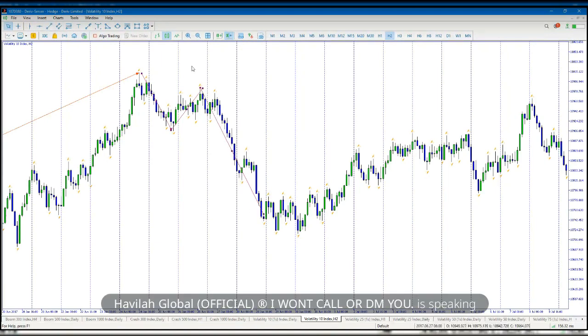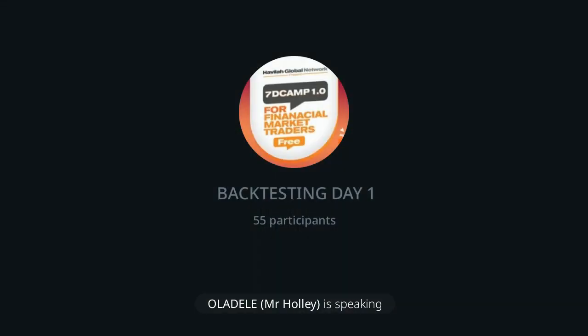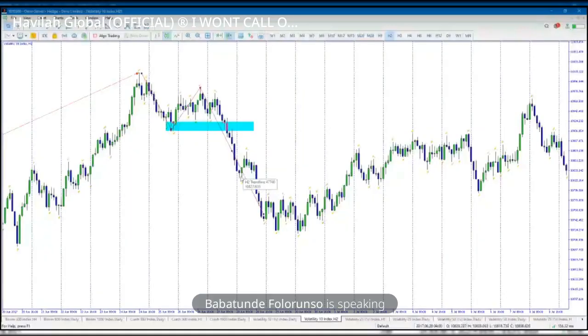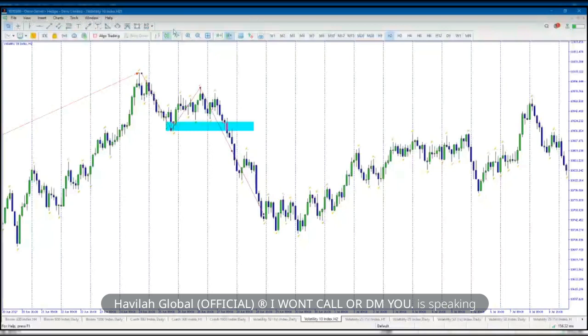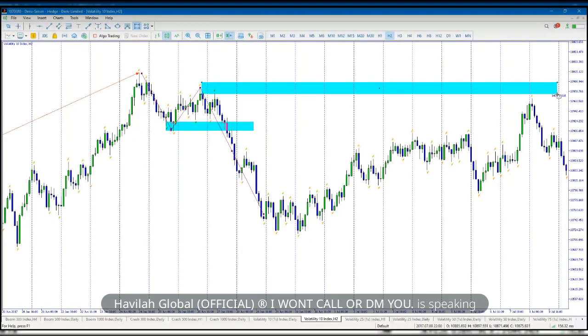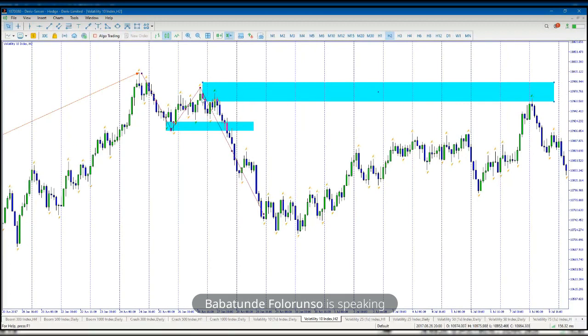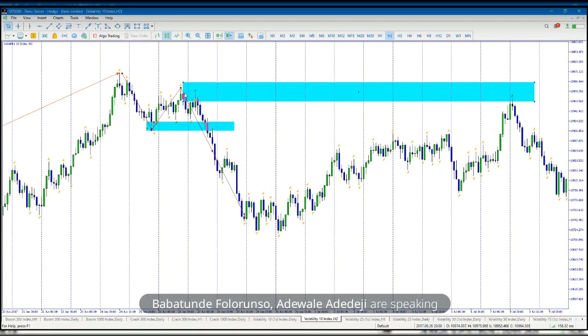So you notice that your last structural point got broken. Where will you be looking at as your point of interest? That field that you just marked now. This place, right? Yes, sir, that last part.